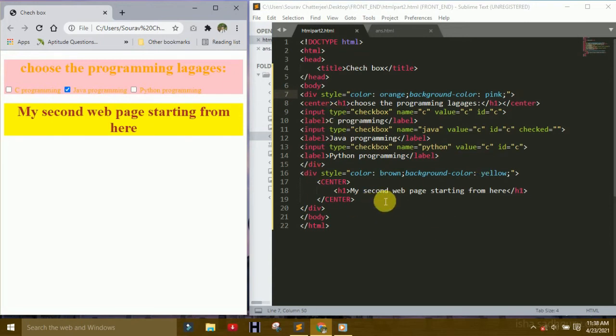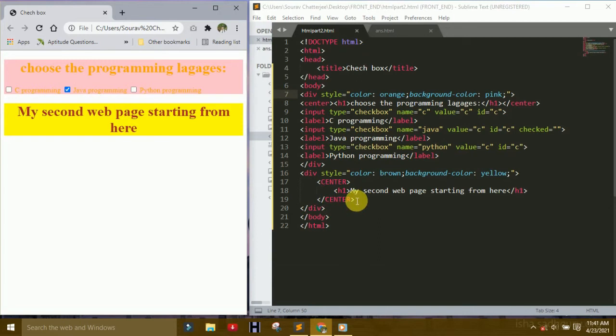So on that type I use div, which means division. Okay, div keyword or div tag. So for further, when we make a website, that time division is very useful. That time how to make a login page, under this forget password page, so many pages there. On that time division is very useful.